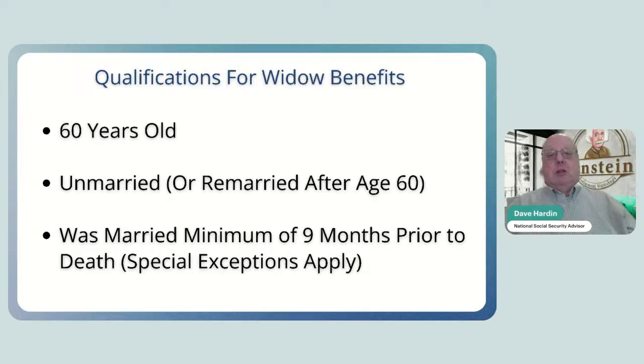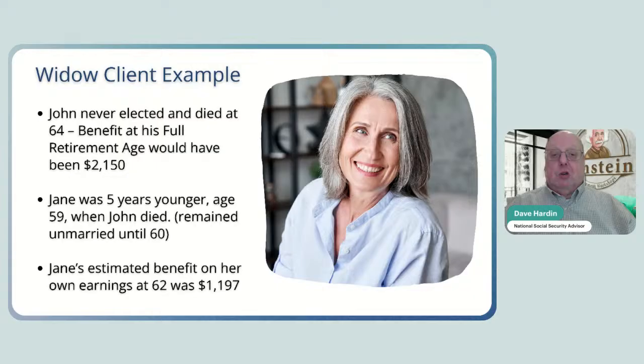Now, you had to be married at least 9 months prior to the death of your spouse. There are a couple of exceptions, but they're very few. The exceptions are death of a law enforcement officer in the United States killed in the line of duty, death of a full-time fireman or policeman killed in the line of duty. That's it. 8 months won't get you anything. Unfortunately, it just doesn't work.